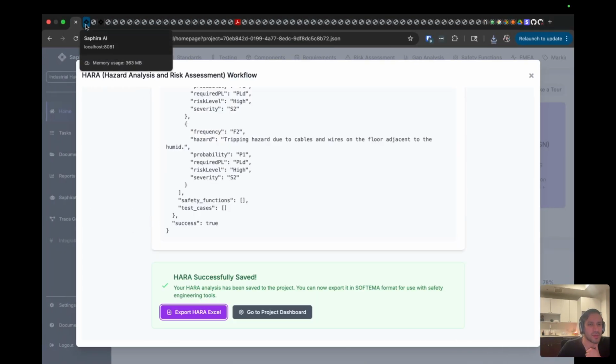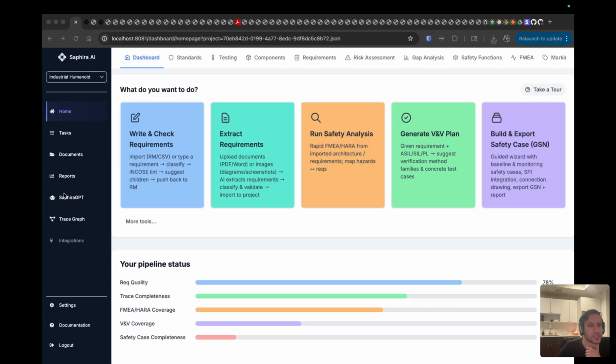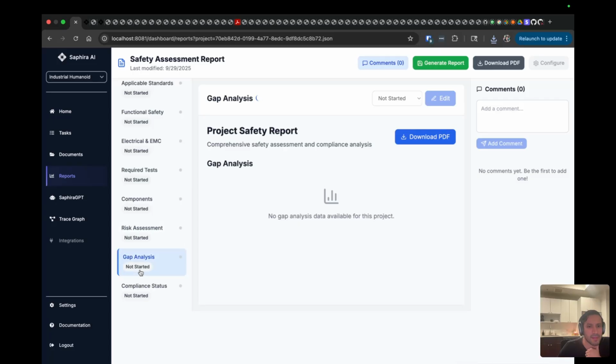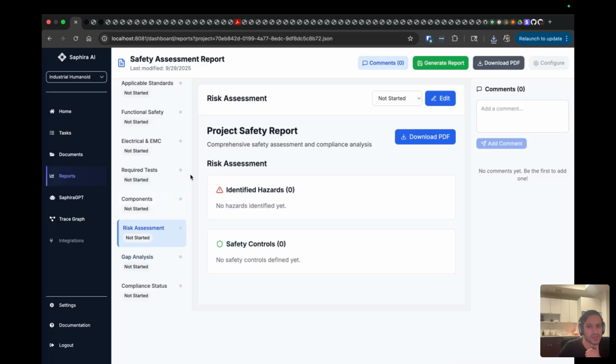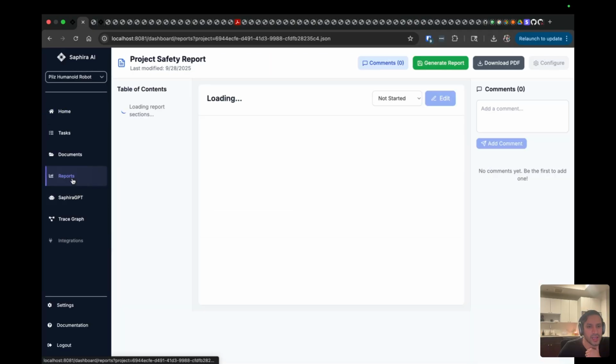Okay, so a couple other things that I'm going to refresh and show really quickly. These include, for example, that we now have a bunch of other reports that can be generated. So you can go into reports, see the whole project report, and you can see it's loading validation results down below, where it's actually grabbing all of the clauses for the gap analysis and the risk assessment. So the risk assessment shows up here, but if we go back over and look at this other project, you can also see the actual